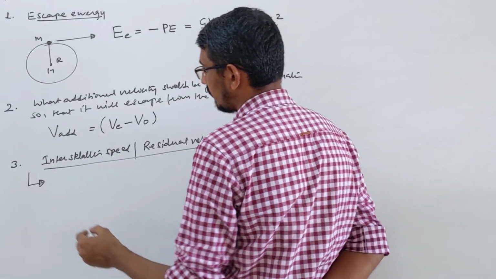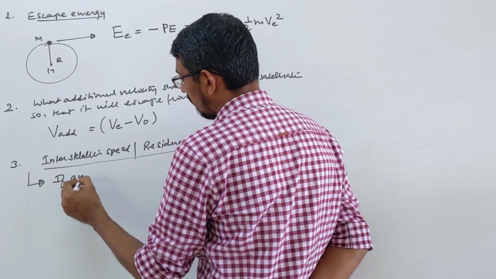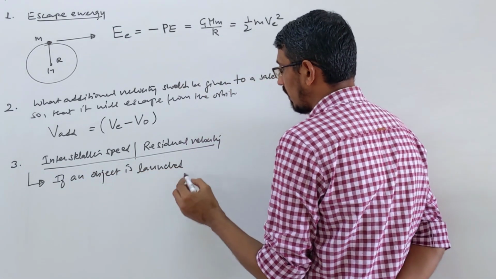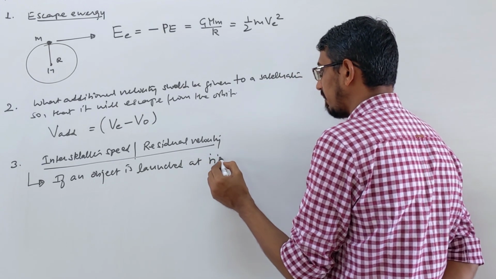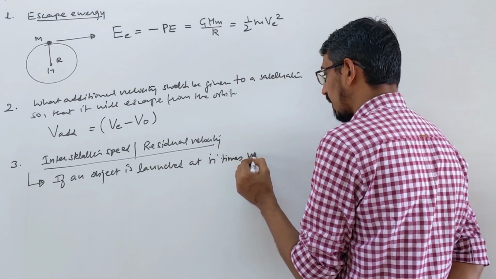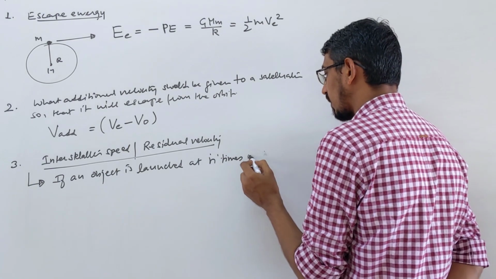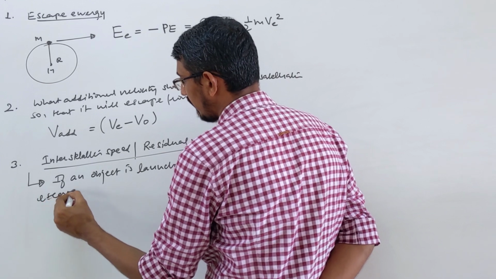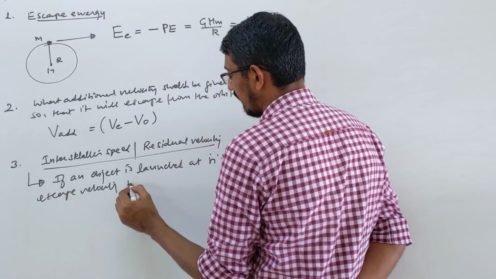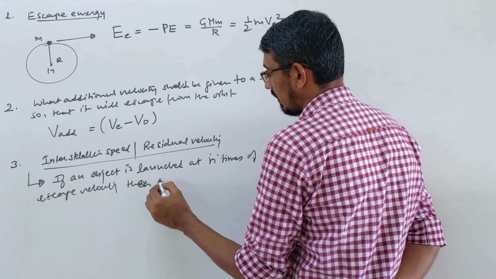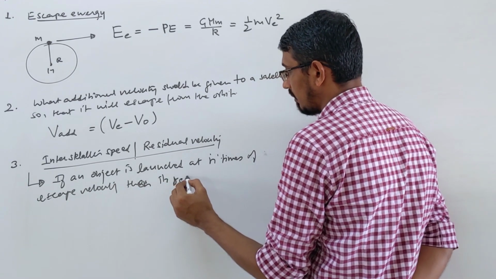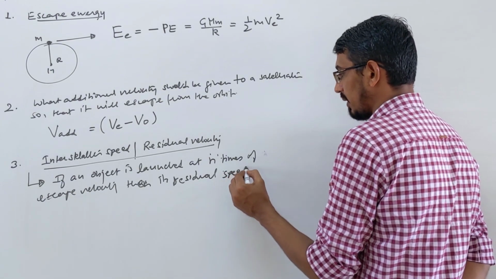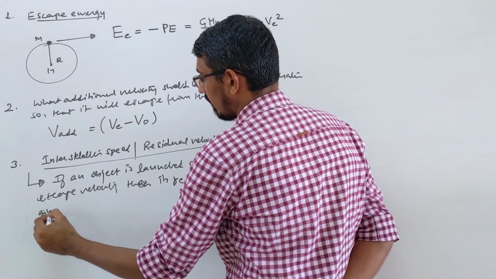Okay, so I am writing a few words here. If an object is launched at n times the escape velocity, that is, if we are launching at a very high velocity, then the residual or interstellar speed is given by: